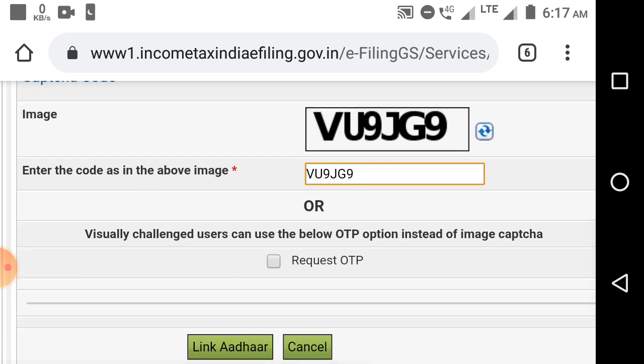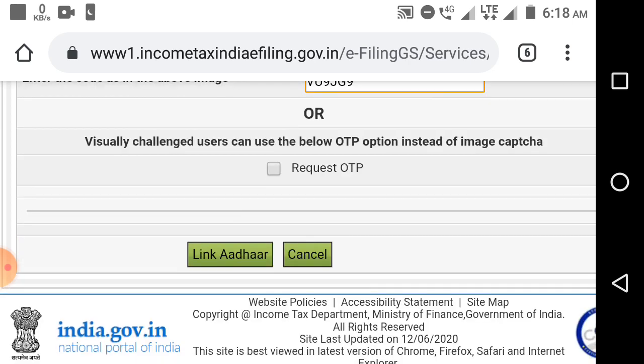Otherwise, you just click on the captcha code option and write the exact captcha that is showing. Now you have to click on Link Aadhaar, and the next window will show you that your Aadhaar card and your PAN card both have been linked.